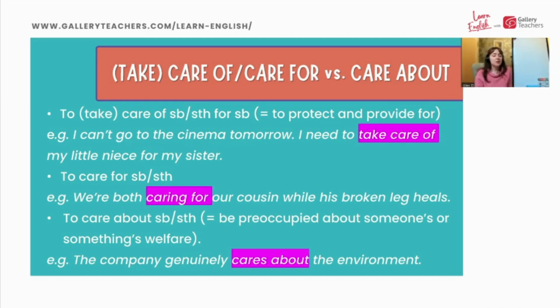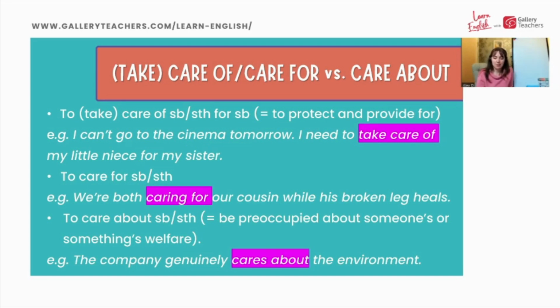Now, this is different to care about somebody or something. This is more purely emotional, right? It's when you are preoccupied, maybe concerned about someone or something's welfare, maybe health, for example, but not just about health. It's about your attitude. For example, the company genuinely cares about the environment. It means the environment is something that they think about, that is important to them and preoccupies them. So that is the similar take care of and care for